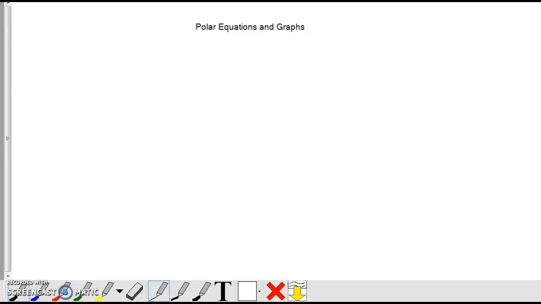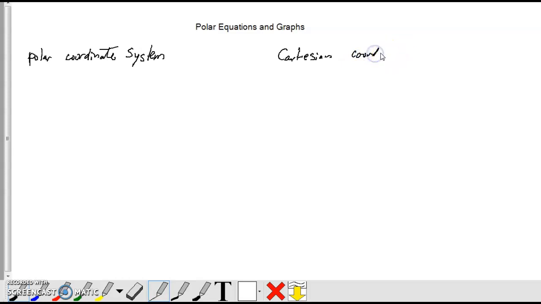All right, in this section, we are going to talk about what a polar equation and some graphs look like. So in order to figure out what a polar equation and a polar graph looks like, we should talk about a polar coordinate system. It's a little different than what we've been dealing with, which has been the Cartesian